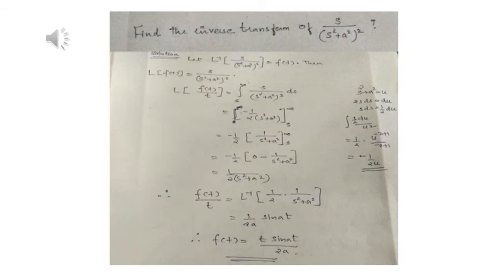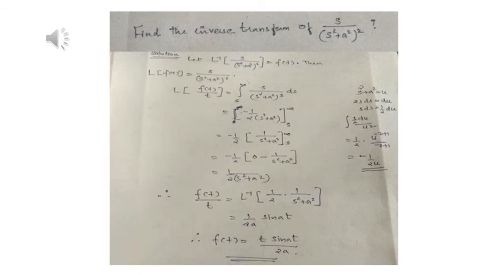Now in order to integrate, we can use the substitution method. Put s square plus a square equal to u, that is 2s ds is equal to du. So s ds is equal to 1 by 2 into du. Then the integral is 1 by 2 du by u square. That is 1 by 2 into u raised to minus 2 plus 1 by minus 2 plus 1, which is minus 1 by 2u. Coming here, instead of u we put s square plus a square, so that is minus 1 by 2 into s square plus a square, with limits s to infinity.